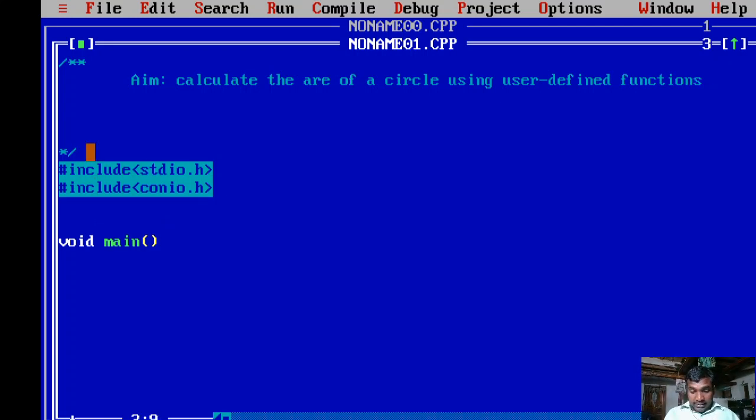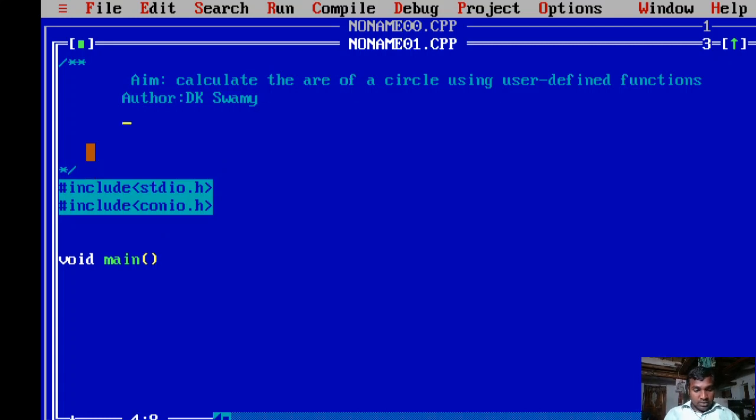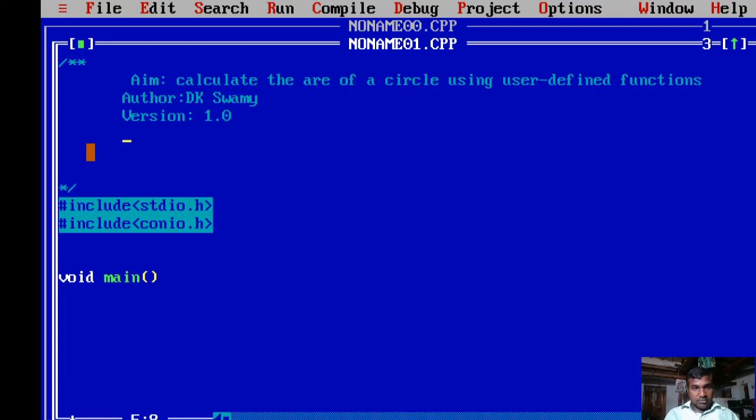The author of this particular program is DK Swami. The version of this particular program is 1.0. In this way you can write the documentation section, then link section, then definition section.